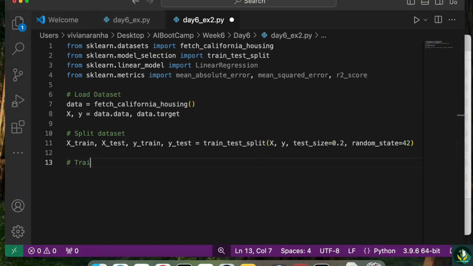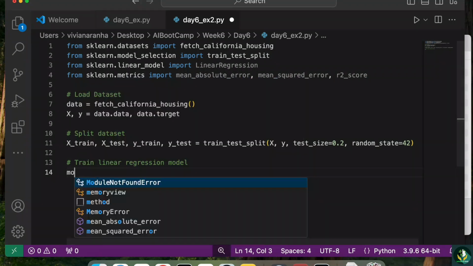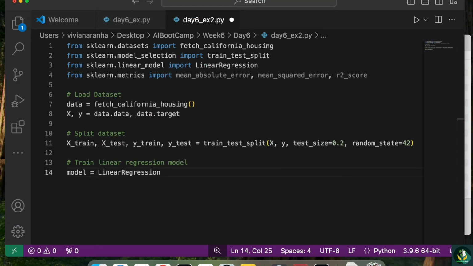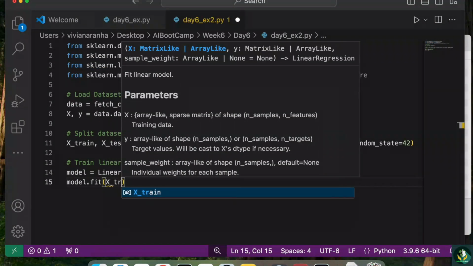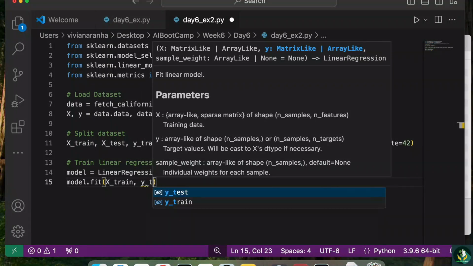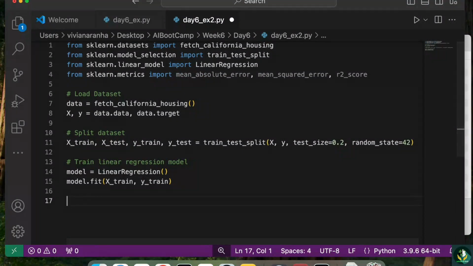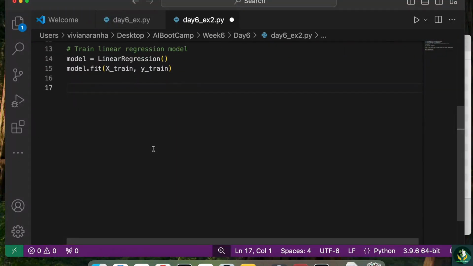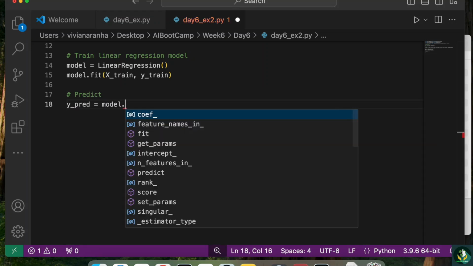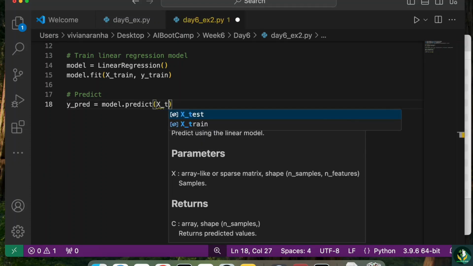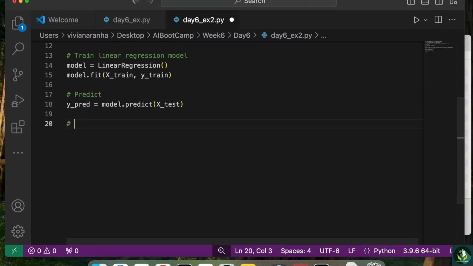Next, let's go ahead and train my linear regression model. So I'm going to say model equal to LinearRegression. Next, let's fit and train the model by passing X_train and y_train. So this will train my model. Now once I am training the model, the next step is always to predict. So I'm going to create y_pred equal to model.predict and pass it X_test to predict the data sets, and based on that I can go ahead and evaluate the